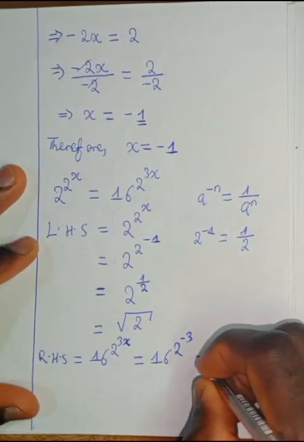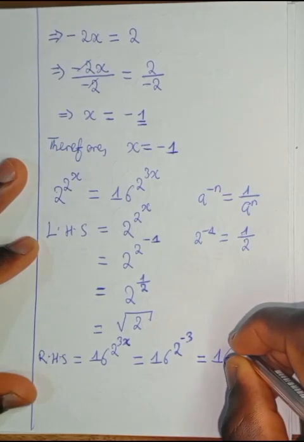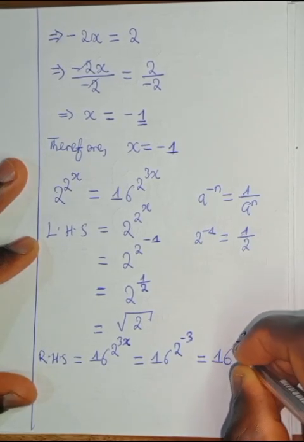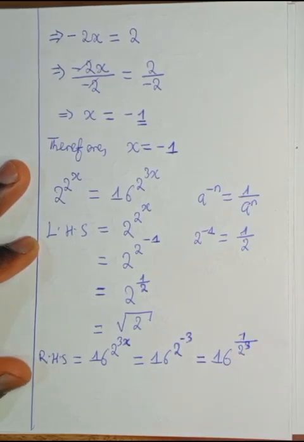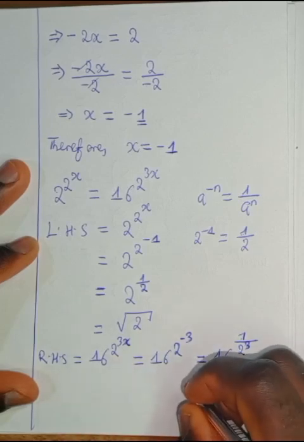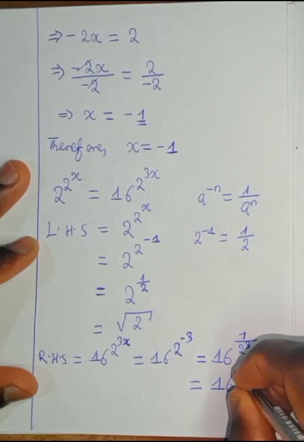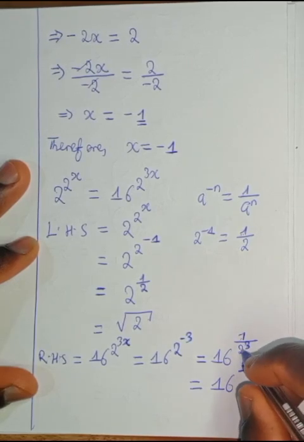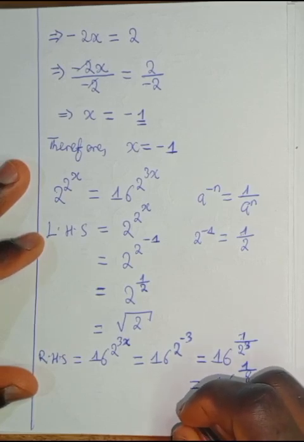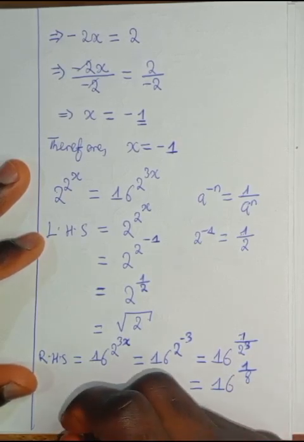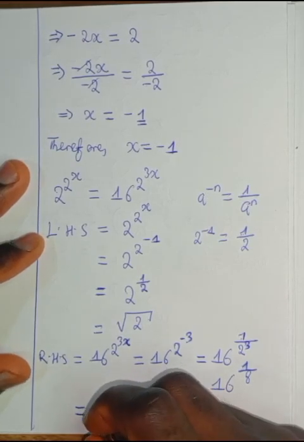This will simply be equal to 16 raised to the power 1 all over 2 raised to the power 3 as such. And this will simply be equal to 16 raised to the power 1 over 2 raised to the power 3, which is simply 8. This will simply be equal to, we are taking the 8th root of